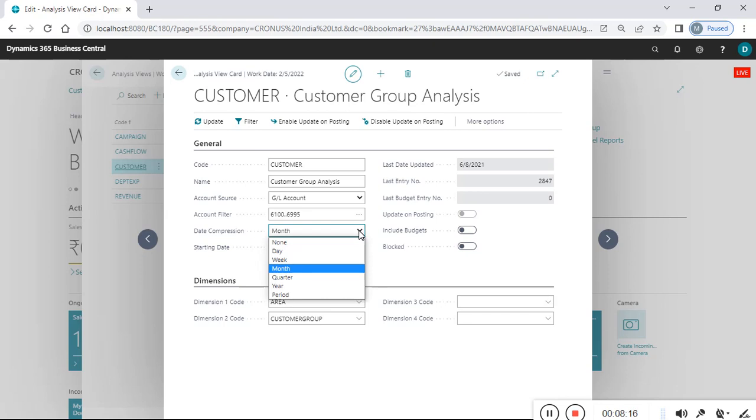So, date comparison. If you want to see this report on a daily basis, choose day. If you want to see this report on a week basis, choose week. But I want to see this report on a month basis, so I'm going to choose month. You can choose quarter, year, or period. So this is selected, and now the starting date. We can start this from 1st of January